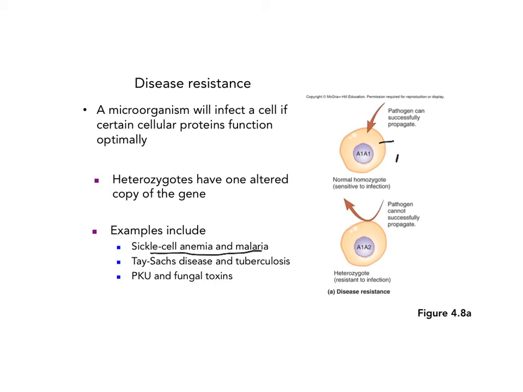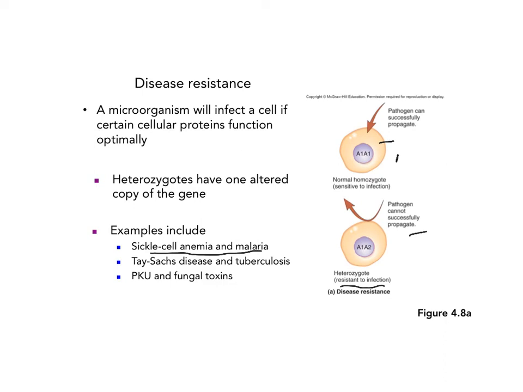In individuals that are heterozygote, remember they would be sickle cell trait. They have that slightly reduced protein function, and the result is that let's say half of their cells are typical red blood cell shape, and the other half are sickled. If Plasmodium gets into the sickled cells, they can't reproduce. So what this does is generate what's referred to as a resistance to infection, but it definitely doesn't allow that pathogen to propagate. So this is a classic example of overdominance, in the sense that in areas where you have